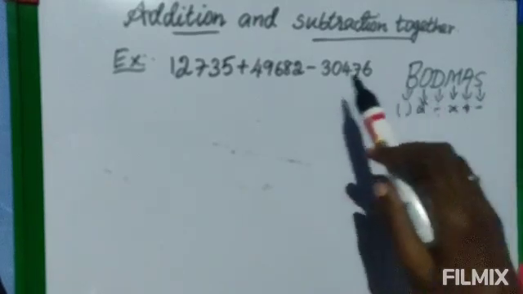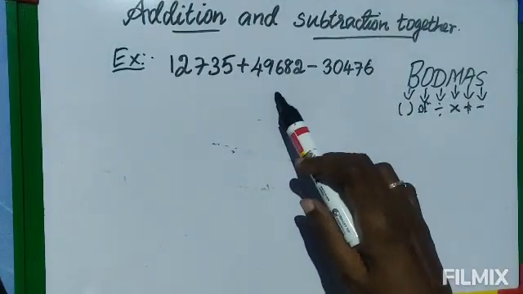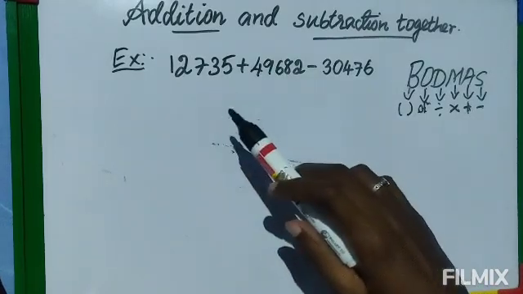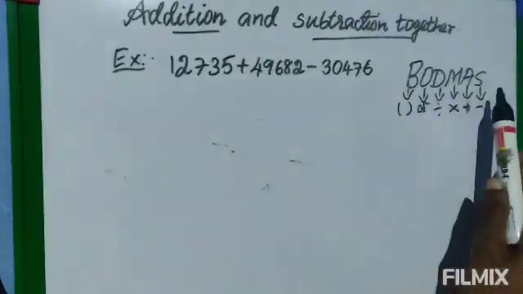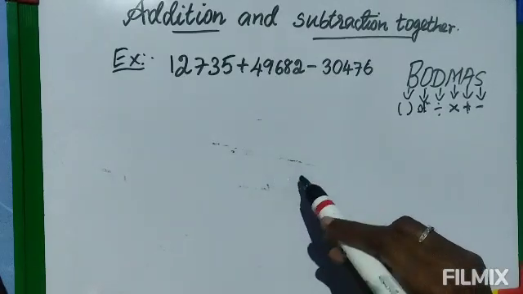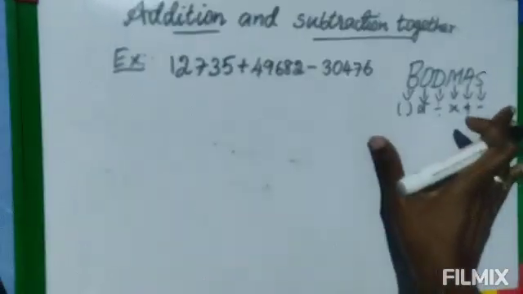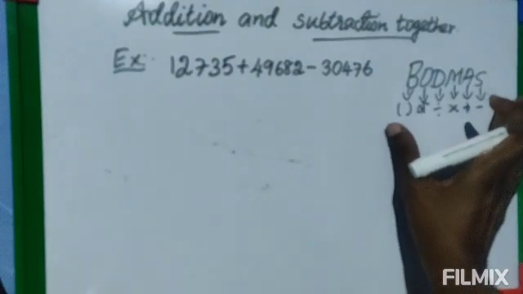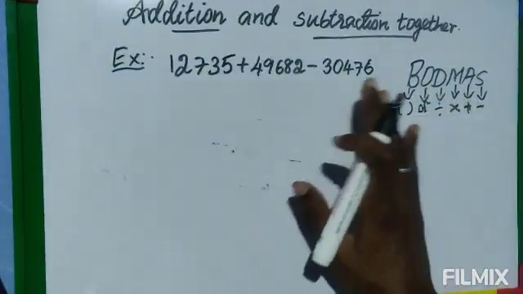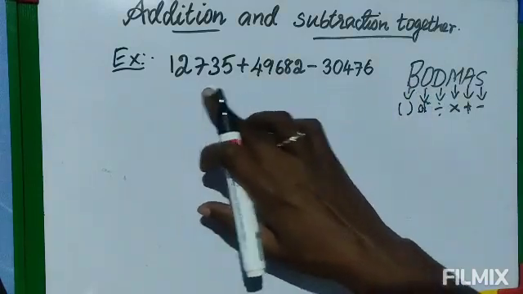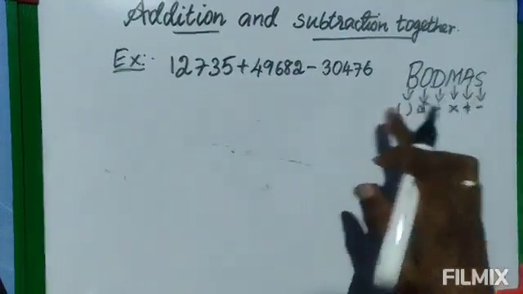Okay, why I am explaining is so you should not make a mistake. Sometimes you may do the subtraction first, then add. So this is wrong. You will do the addition first and the subtraction second. Since I have explained this, you will learn this maybe after class 7 or 8 only, but now itself I am telling, so that you will understand without making mistakes.